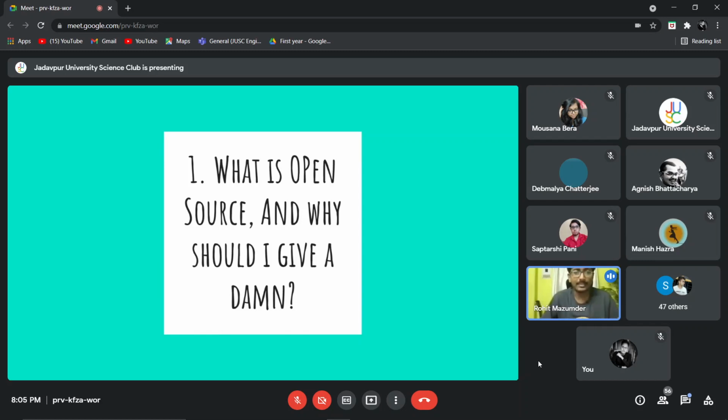Let's say that you buy a computer. Now you want to browse the internet, so you have to pay for Mozilla Firefox. It's not freely downloadable, you just have to pay for it. Let's say you pay for Mozilla Firefox and you want to download a file. When you download a file, you need something known as a download protocol and a download manager, so you have to pay for them too. Now let's suppose you have downloaded a song and you want to play it. Now you have to pay for VLC media player too.